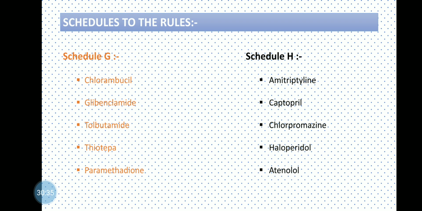They are known as prescription drugs, which are to be sold by a retailer, that is, by a druggist and chemist, only on the prescription of a registered medical practitioner. Without the prescription of an RMP, a retailer cannot sell the medicines specified in Schedule H. That is, prescription drugs are required to be sold by a retailer only on prescription of a registered medical practitioner.